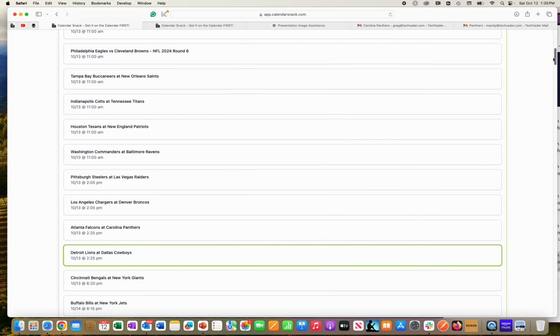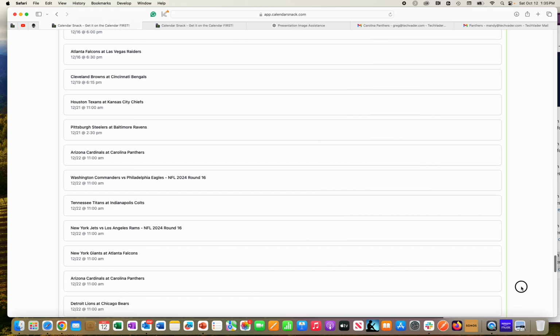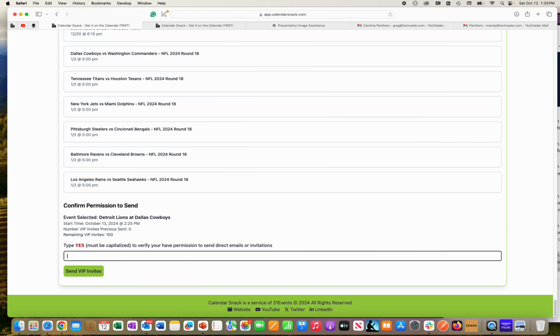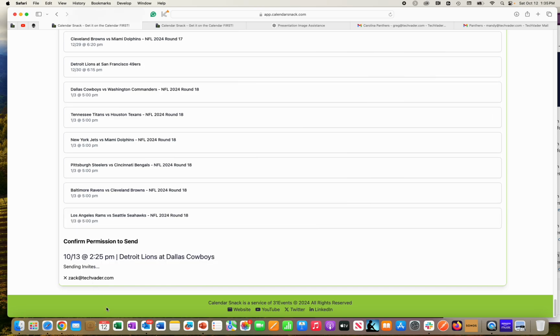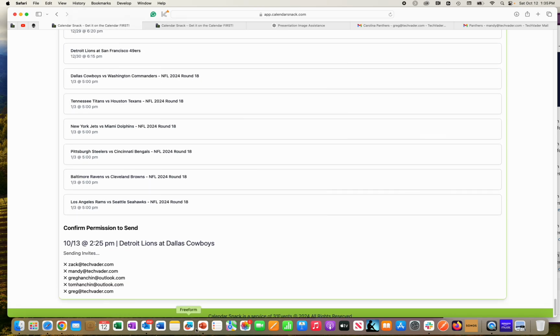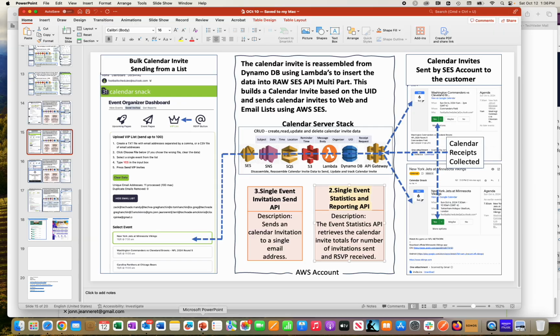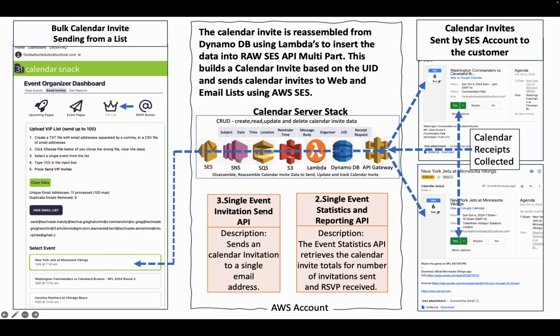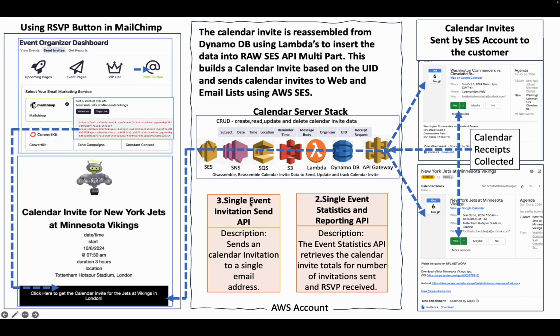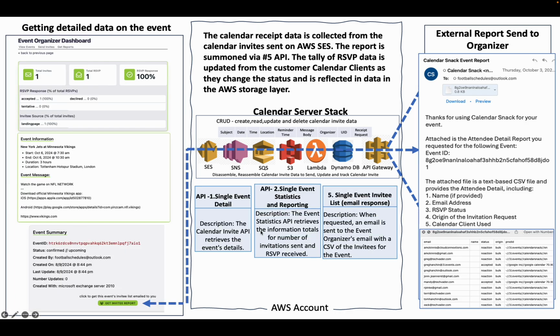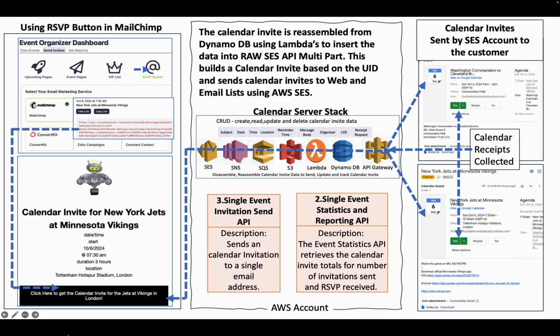And when I scroll all the way down here in the picker of 300 for the demo interface we've built for AWS, you can see it's preloaded Lions at the Cowboys. That's tomorrow 2:25. I'm going to go ahead and send the calendar invites out. So what it's doing now through this Calendar Snack interface is talking to our API gateway number 3. The API gateway tagged as invitation sent, excuse me as I scroll back,